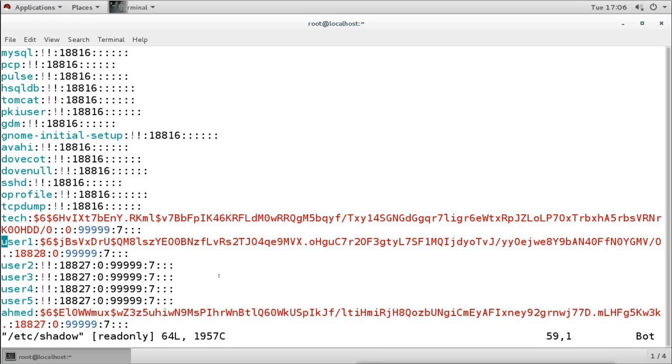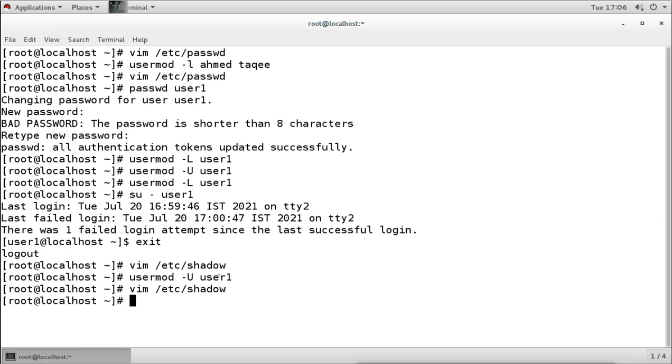So it is now unlocked. So capital L is to lock the user password and capital U is to unlock the password. So usermod -L is to lock the password and usermod hyphen capital U unlocks the password.